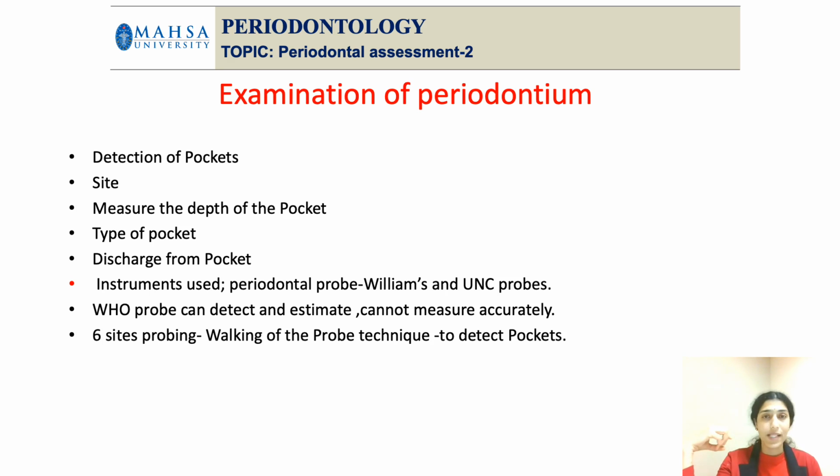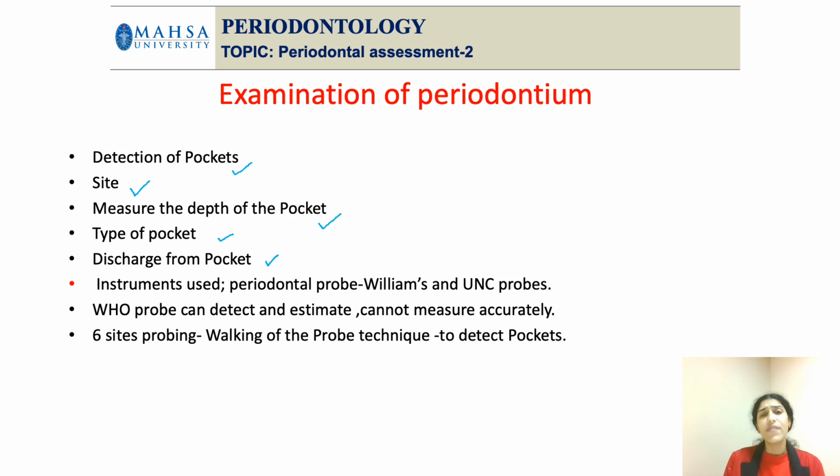So let us see how to examine the periodontium. What are the factors? What all the information we can get from the periodontal examination, from the pocket depth examination? See, from pockets, whenever we measure, we usually do not only detect the presence of pocket, we see which sites have got pockets, we see how much is the measurement of the pocket, we also see what is the type of the pocket that is present there, whether it is a simple pocket, complex pocket, or a spiral pocket, or if there is a discharge in that area, any sinus present, any pus exudate that can be seen from the pocket, you can also observe.